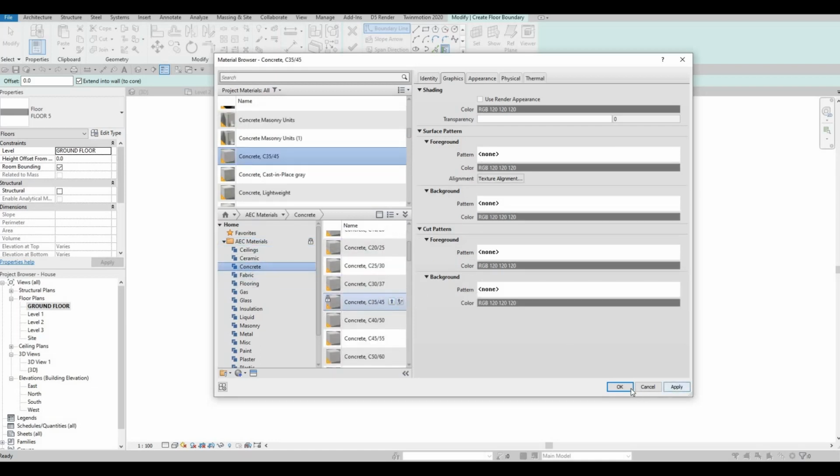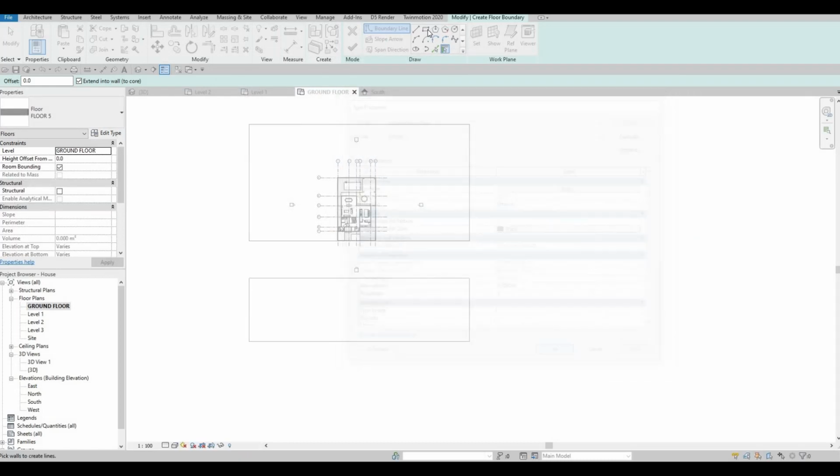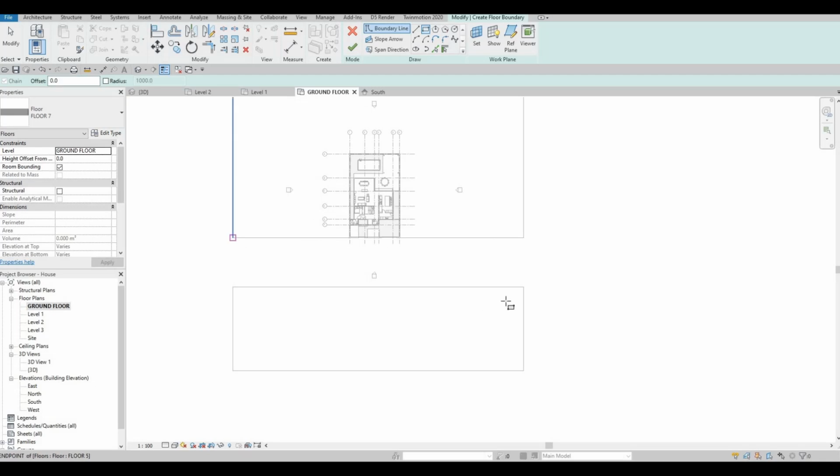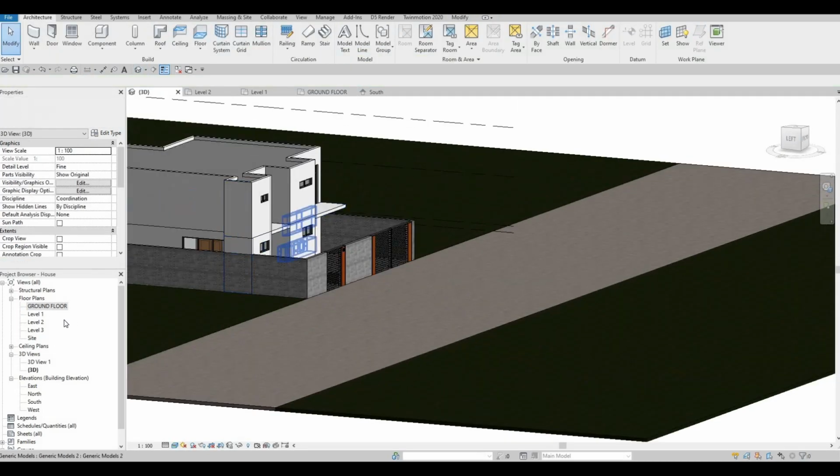Let's pull this one up, click apply, and then OK, and then OK again, and then we just need to add it from here to there first,